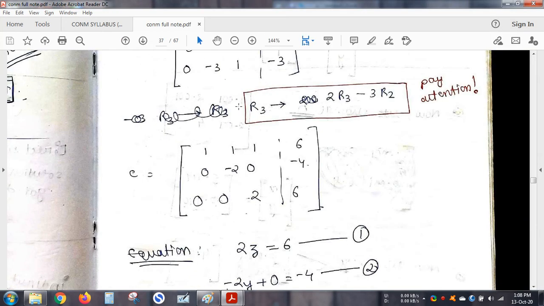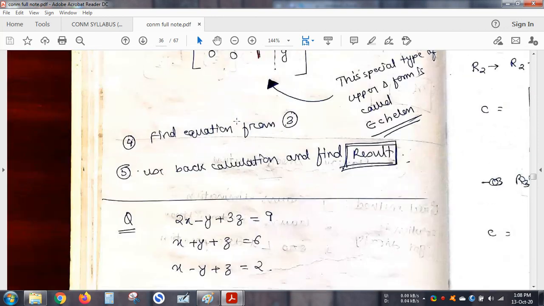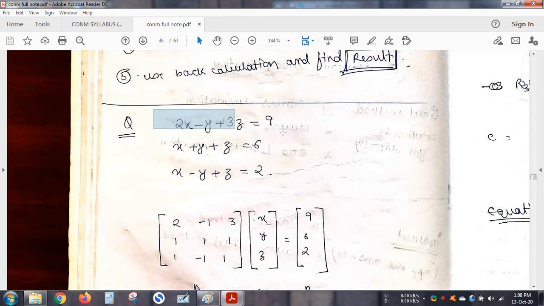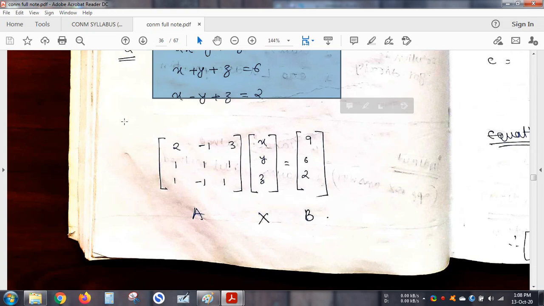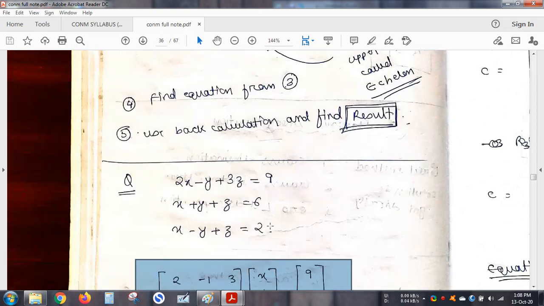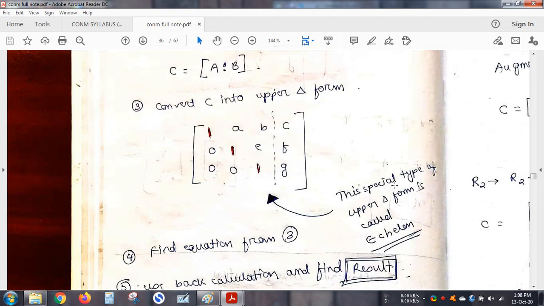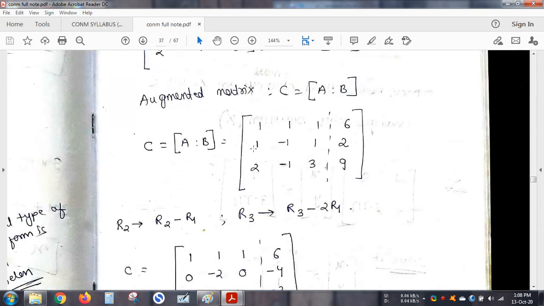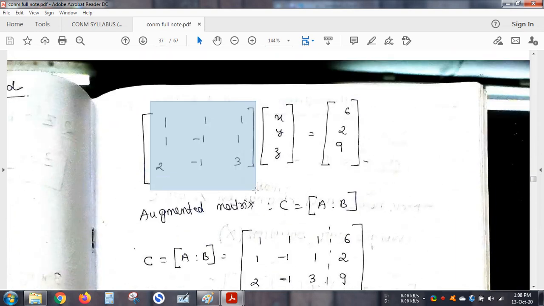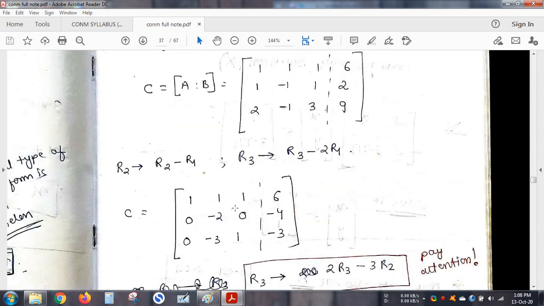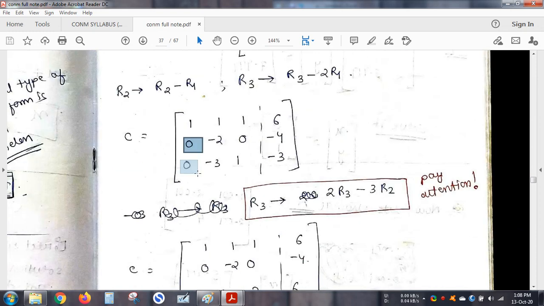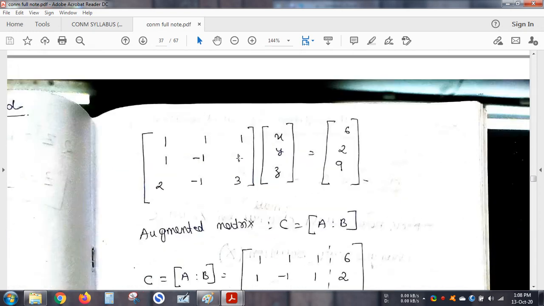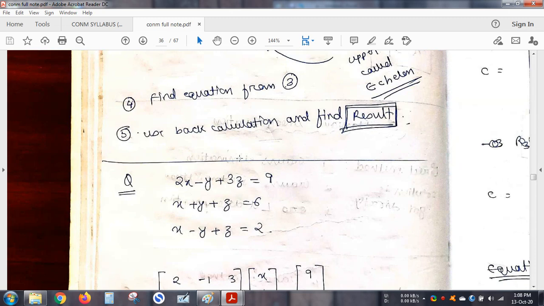तो Gauss elimination method में कुछ नहीं होता. It's a very simple method. तुम्हारे पास equations हैं, you set of equations, you convert it into your Ax equals B format. उसके बाद augmented matrix बना लो. How you make augmented matrix? By taking just A and your B. Then your target should be कि इसको 0 बनाना है, इसको 0 बनाना है, उसको 0 बनाना है. This step बना लो. फिर z कैलकुलेट करो. z को सेकंड इक्वेशन में देके y कैलकुलेट करो. y और z को लेके x कैलकुलेट कर दो. This is Gauss elimination.